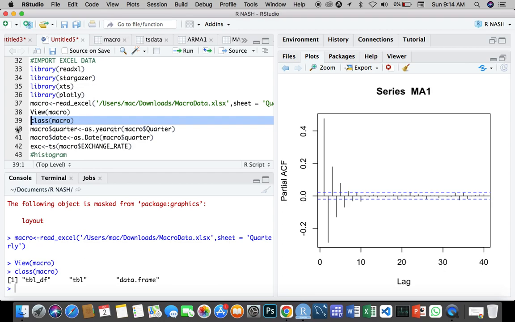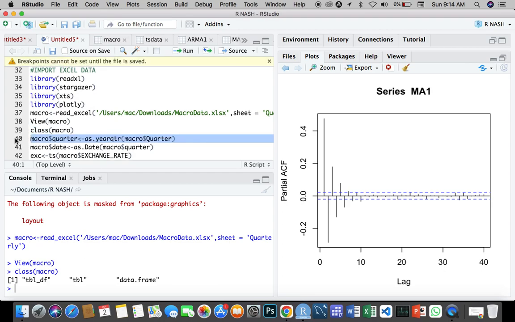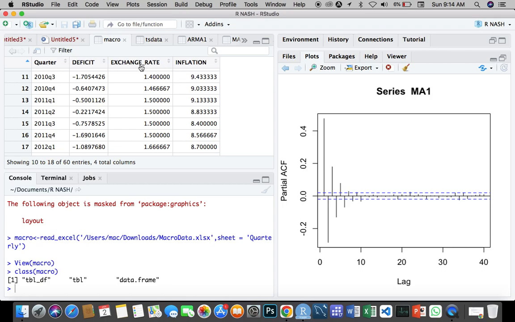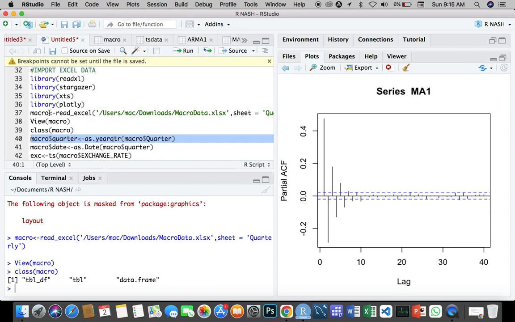Okay. So now I'm going to say macro, and the dollar sign is just going to add another column to my data. I'm just going to say macro, dollar sign, quarter. That is the column name that I want to add. I'm going to say as.yearqtr, and I'm going to extract the year from the quarter column. From the year I can then extract the date from it. So if I just hit run,